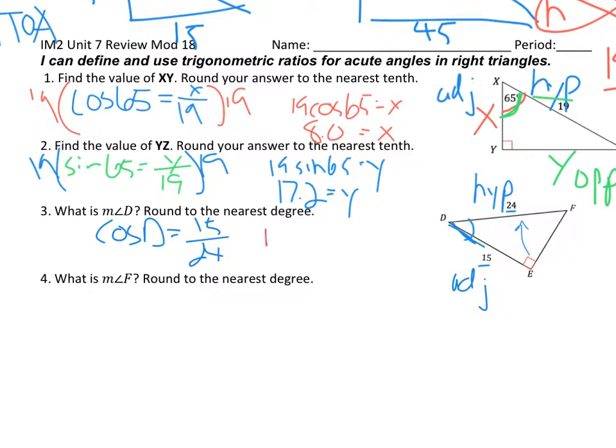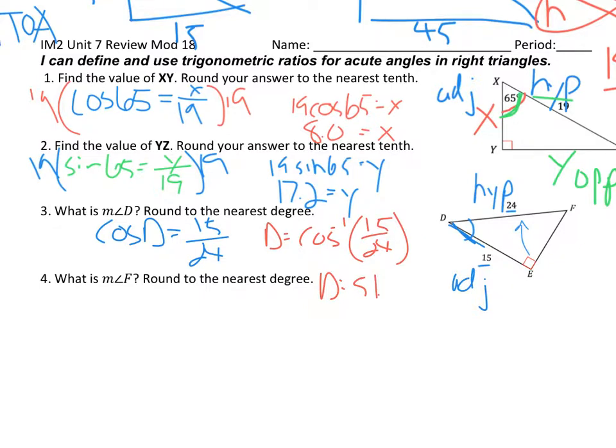So we get D equals cosine inverse of 15 over 24. Type that into your calculator. Again, if we want the inverse, what do we need to type in first? Second. Yeah, hit second and then cosine. So we get D equals